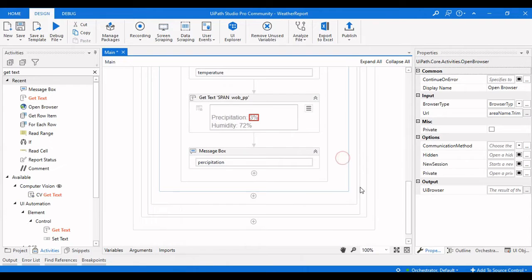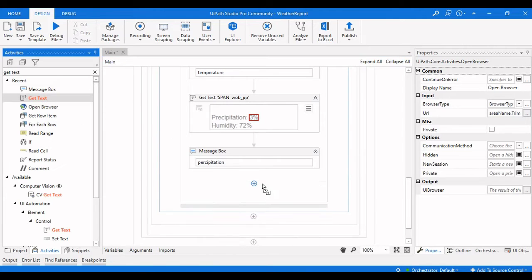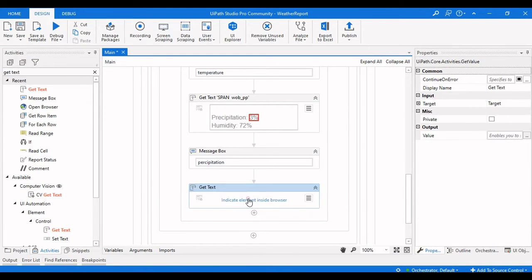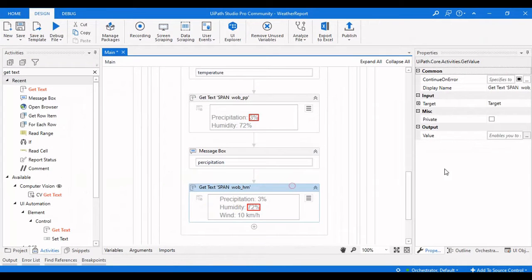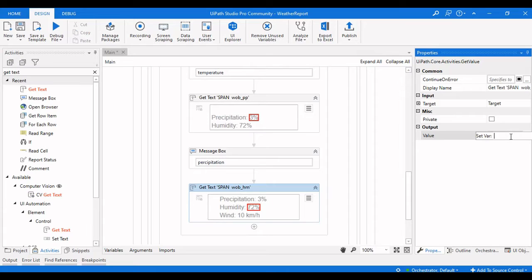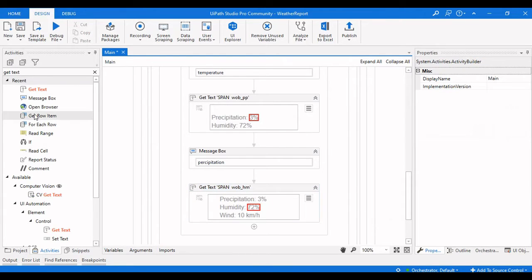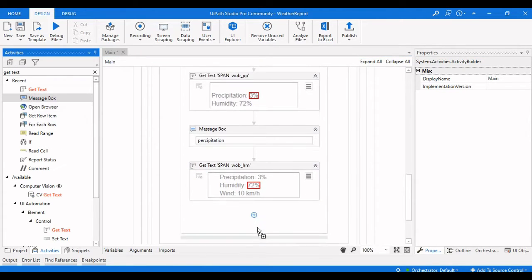And we will use another get text here. So the other one is humidity, so give the output variable as humidity, and drag another message box here.